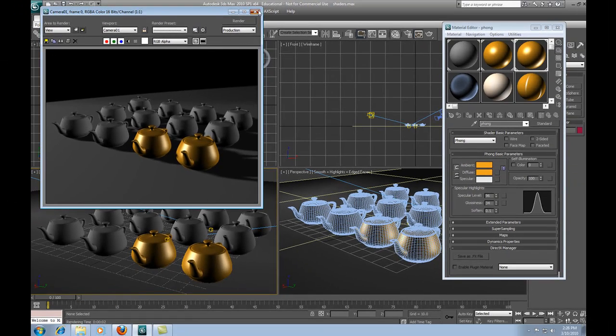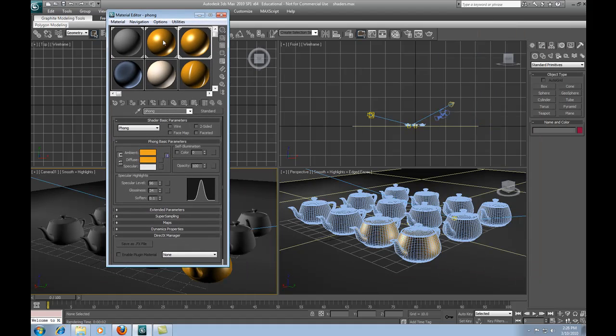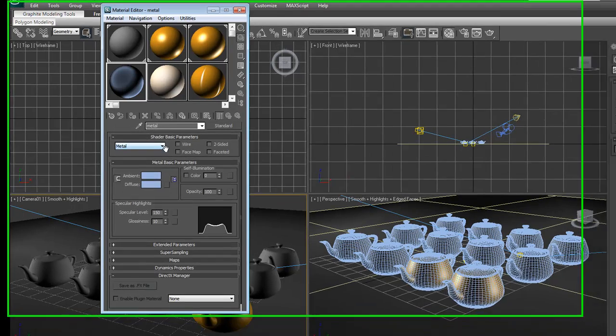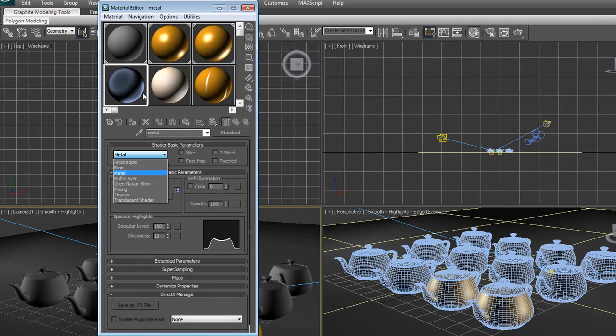Alright, so let's go to the next one. The next one's the metal material, and again you select your material, then go over here and select metal, and that's how you get your different types of material. We changed the color to more of a blue. We're just playing around with colors, it doesn't matter. And you change your specular level. So I'll add that to the third one right here